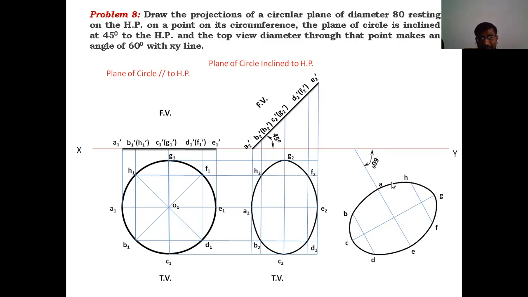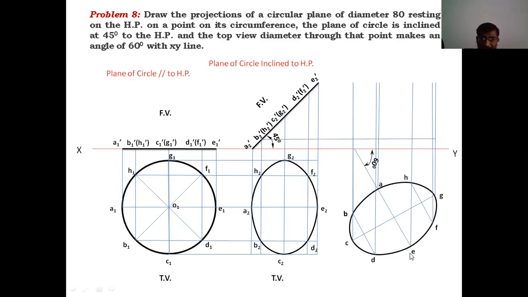Okay. So after getting the top view points like this, you have to draw vertical projection lines from each point of the top view, from F, from G, from H. The projector drawn from E also coincides with the H projector, and the projector drawn from C coincides with the projector drawn from B. After drawing the vertical projectors, draw the horizontal projectors from each point of the second front view.